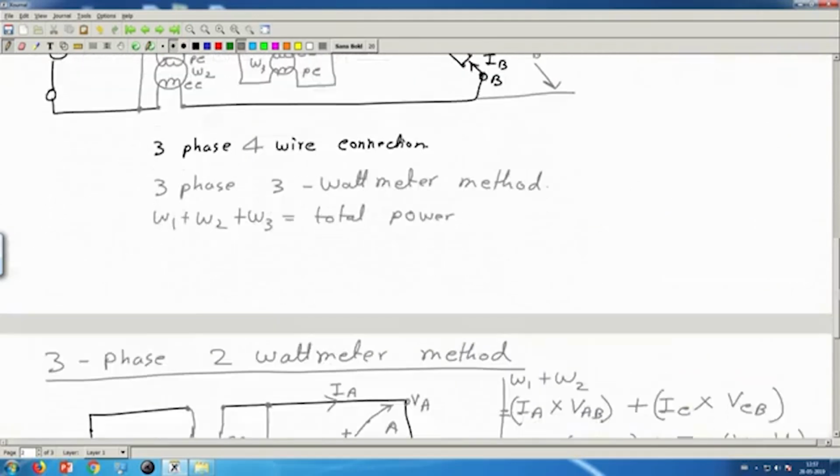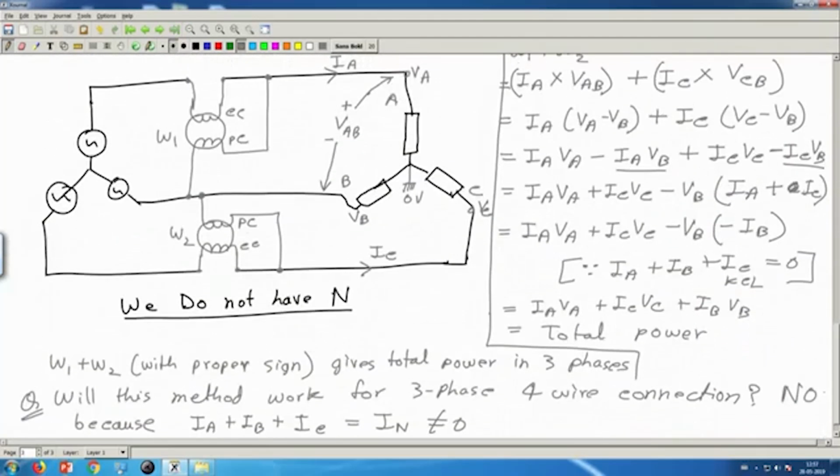Suppose these meters have plus minus signs beside their current and voltage coils, then how should we connect it? We should connect it in such a way that if the plus minus side is here, then I should have the plus minus sign here,